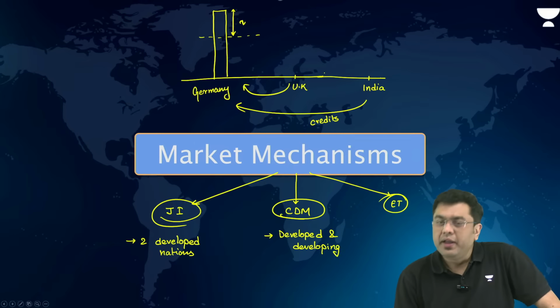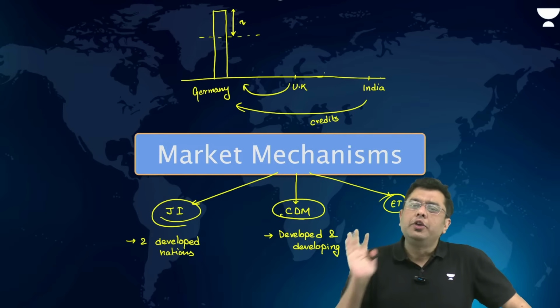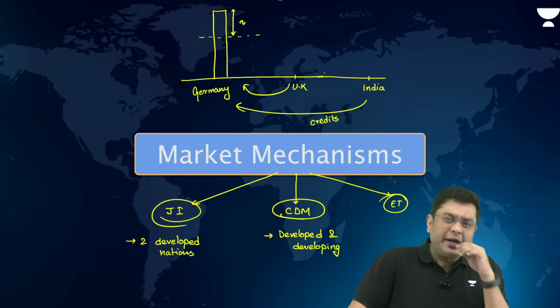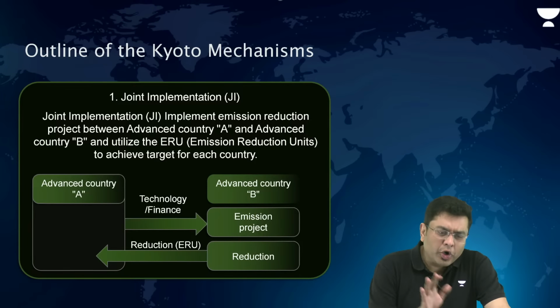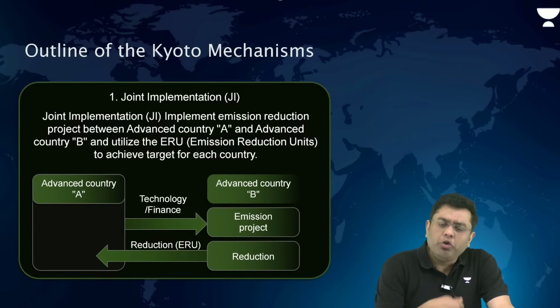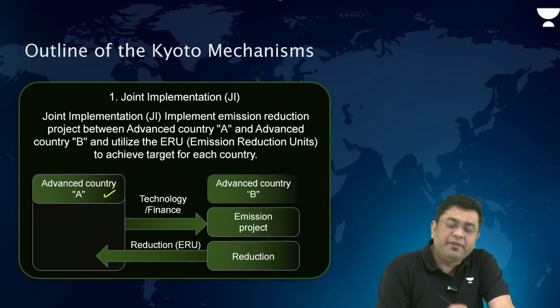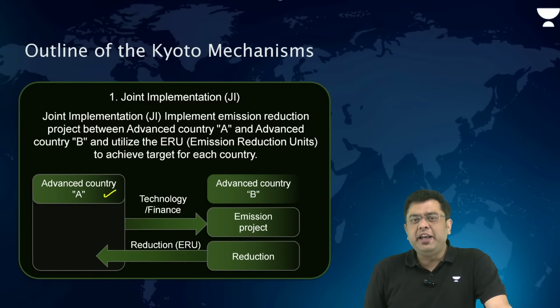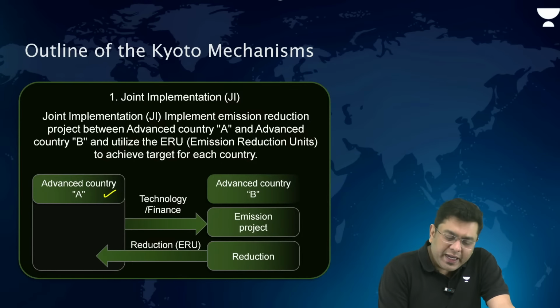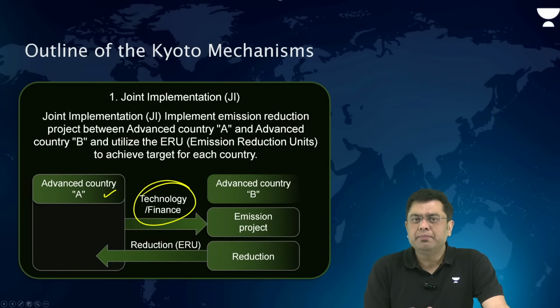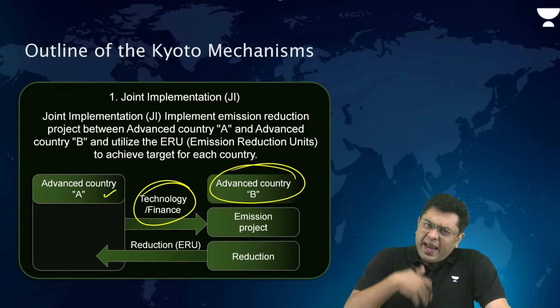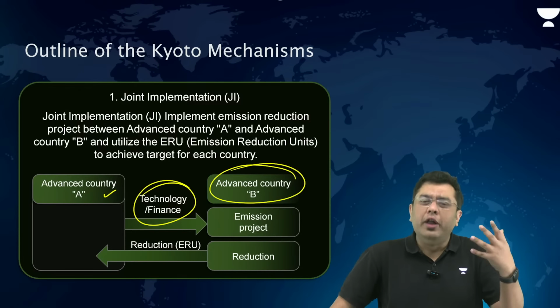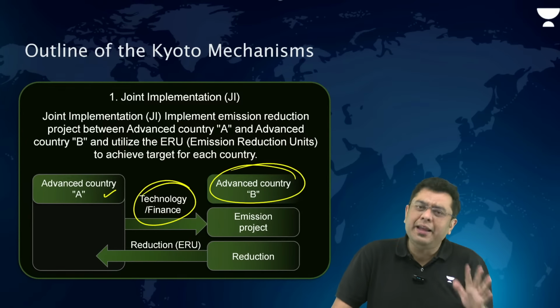Emission trading is wherever you emit more, you can exchange that credit from a particular region which has not carried out that much emission and saved some amount of carbon credit. So in simplest of terms, when we talk about joint implementation, let's suppose an advanced country A is unable to fulfill its own target of carbon emissions, it will invest financially or will provide technological assistance to the advanced country B.